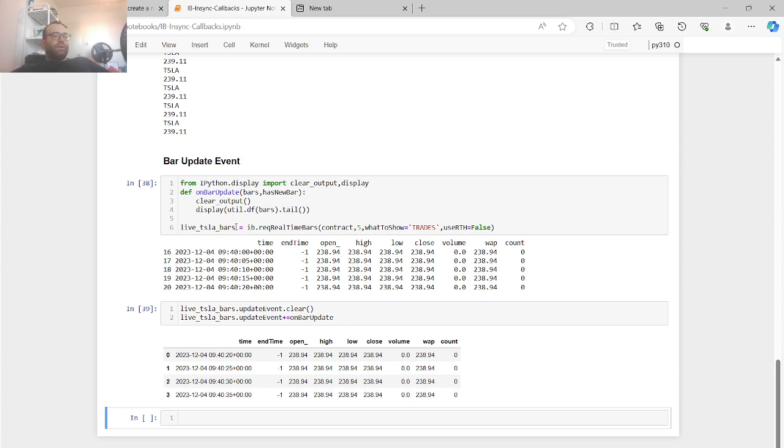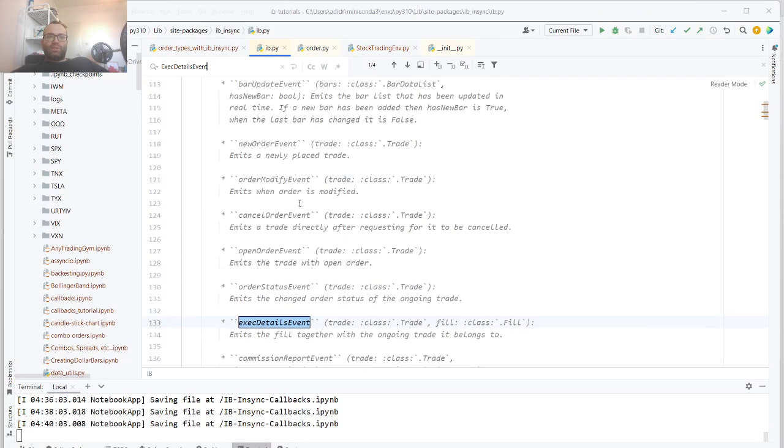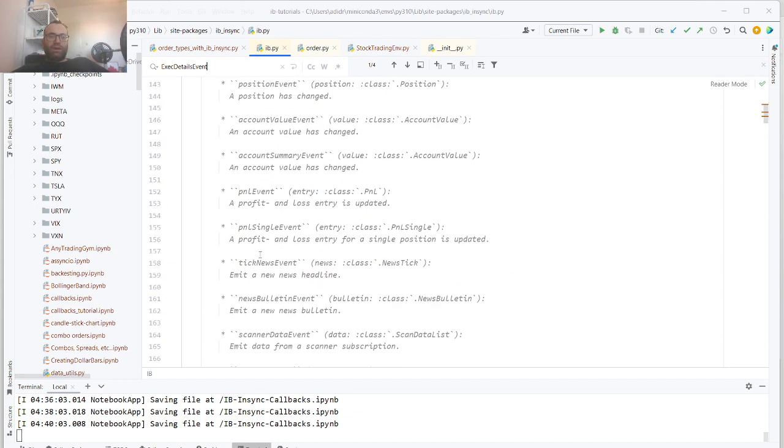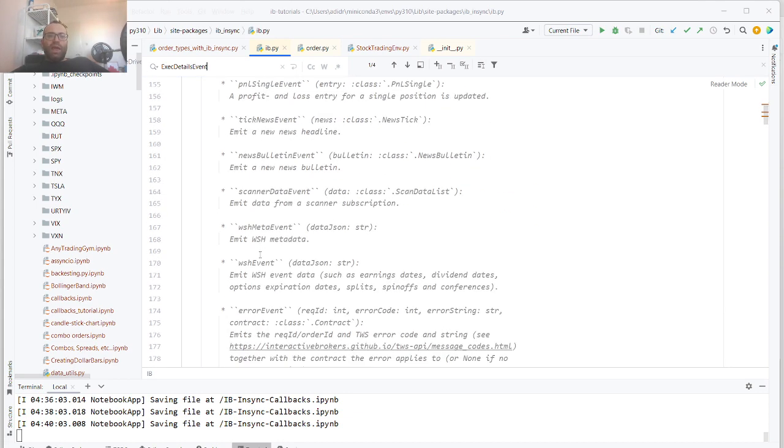Okay. So now, what other ones could be interesting? There's other ones related to positions changing and stuff like that. Position event, P&L event. I don't think those are that important. Maybe error event could be important. So like we can do something like there's like an error event that could be like